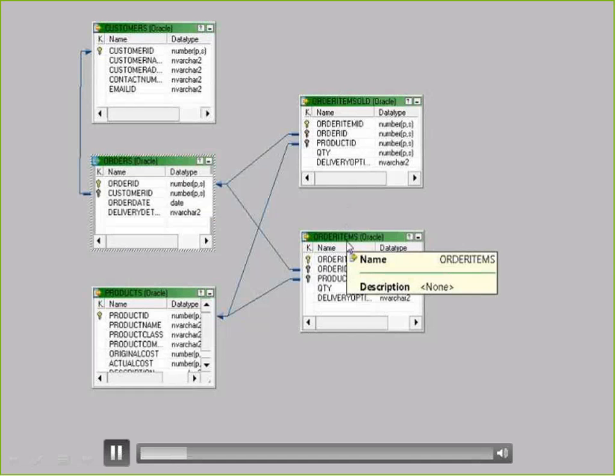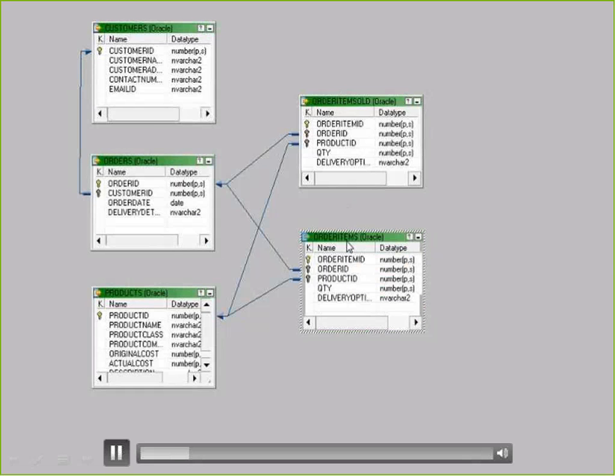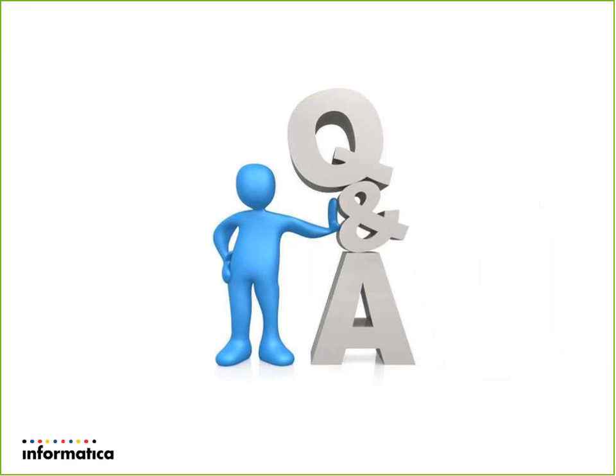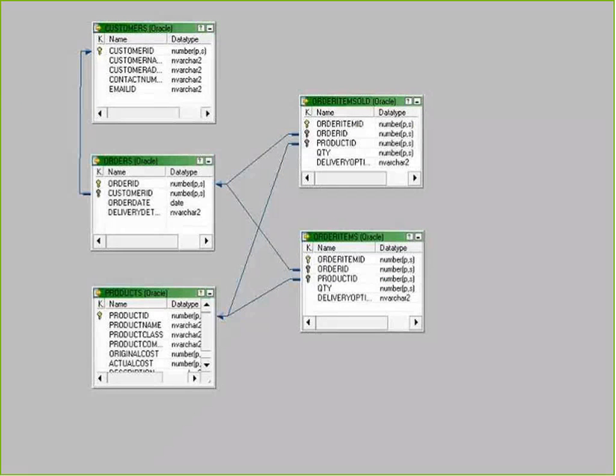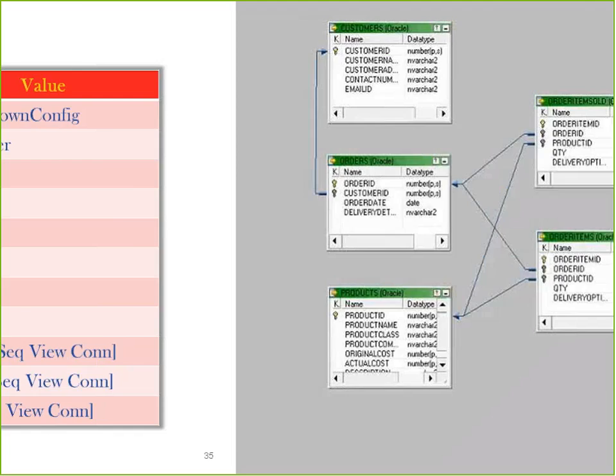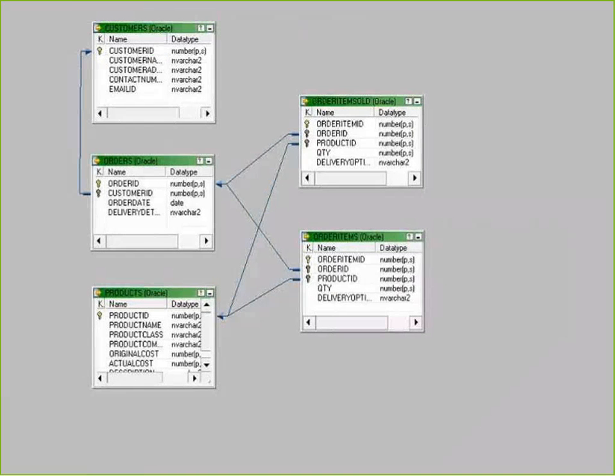So the involved tables or the database entities are the customers table,